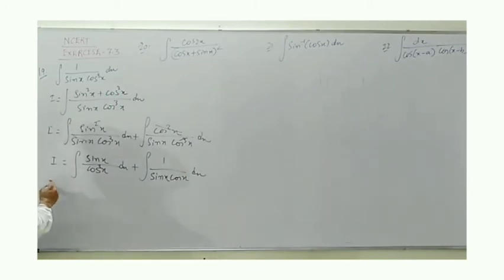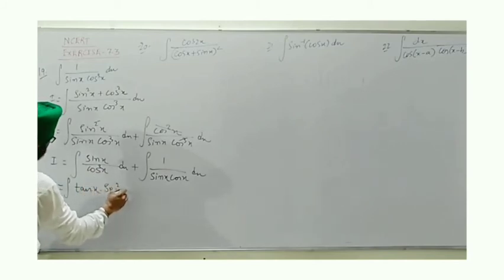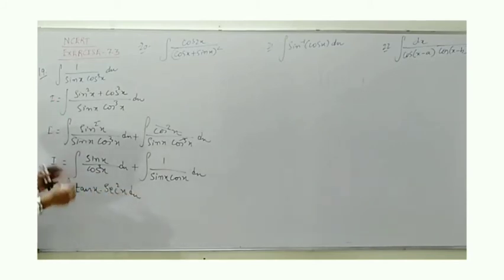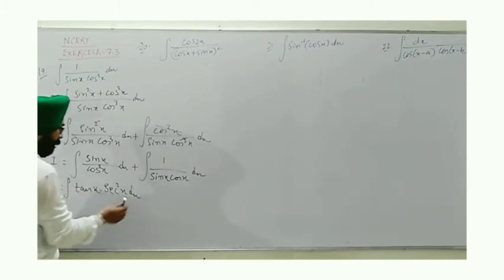Here next I write 1 by cos x clubbed with sin x in the denominator, so sin x upon cos x we get as tan x, and 1 upon cos square x we have sec square x. I hope by this step you have started to integrate this function. As you know that the differentiation of tan x is sec square x, all is available, you can do this.